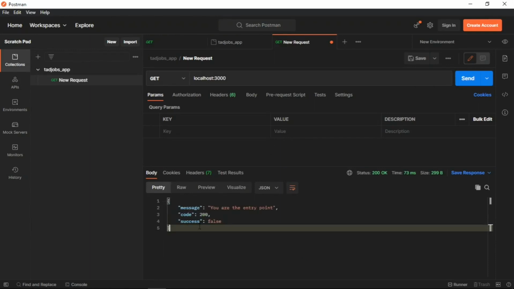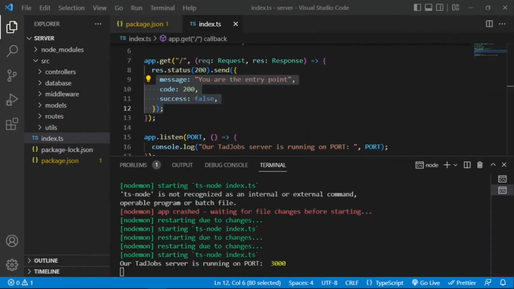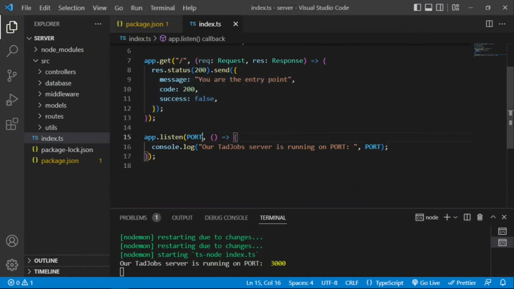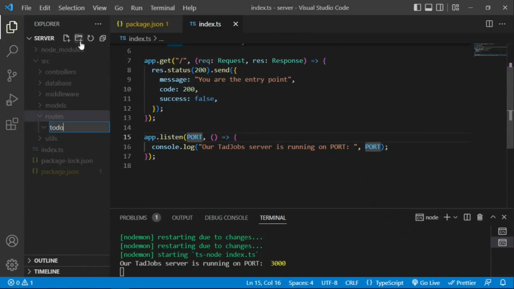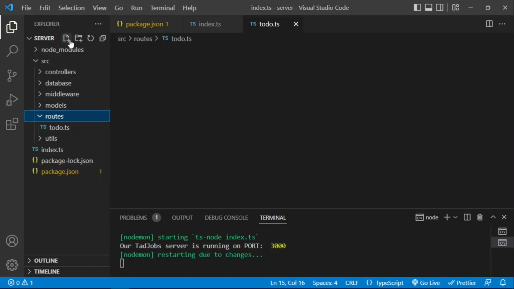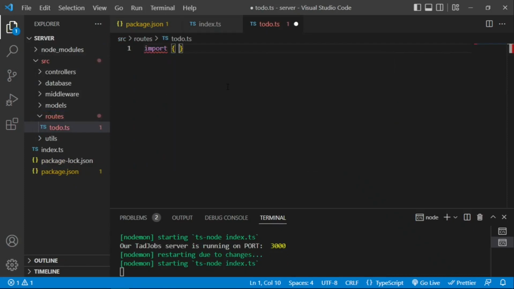So basically this is it. We have set up our Express application with TypeScript, right? So yeah, I think this is it. You can even have something like this, but then let's say you have a todo route here, .ts. What did I do now? Todo import, is it from